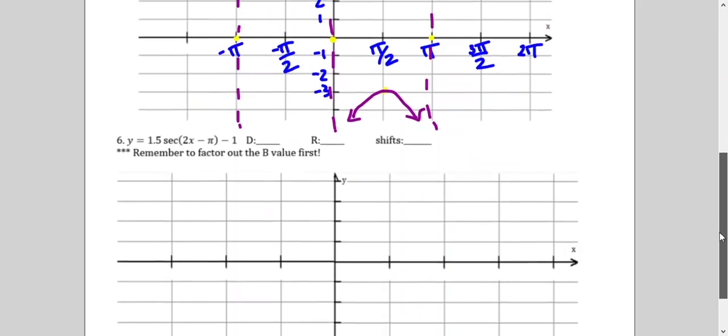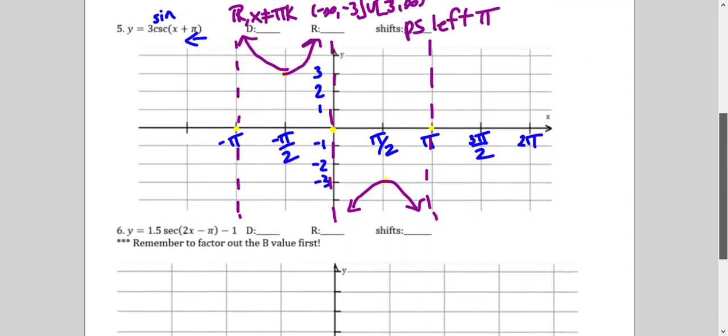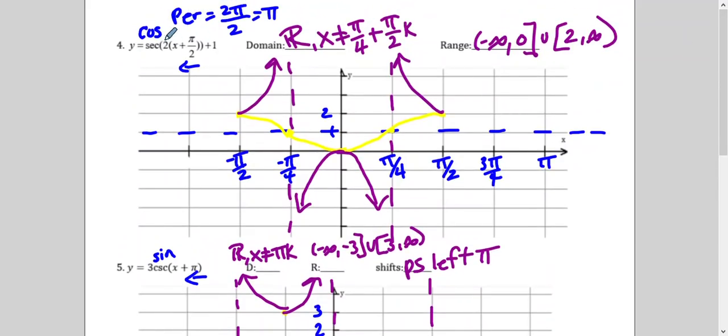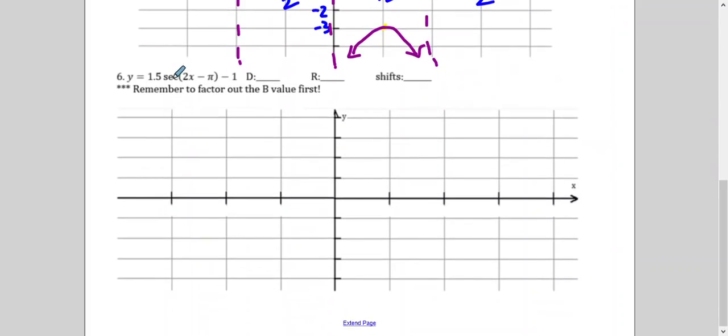Alright, in number 6, there's a hint. Remember to factor out the b value first. So if this 2 is not factored out yet, like it was factored out up here, we need to do that work. All you have to do is divide each of these by 2 to factor it out. So we'll have 1.5 secant 2, and that's going to be x minus, and if I divide this by 2 I get pi over 2